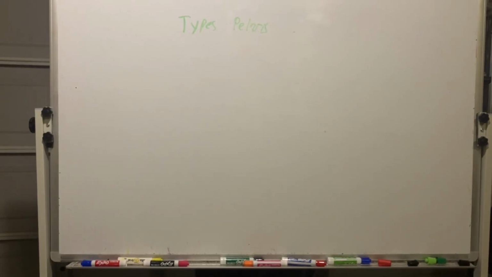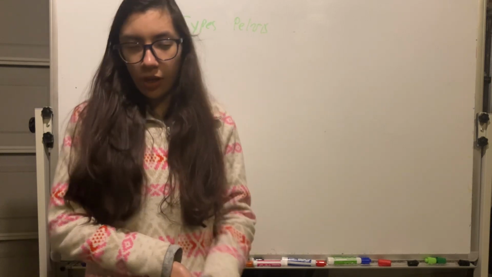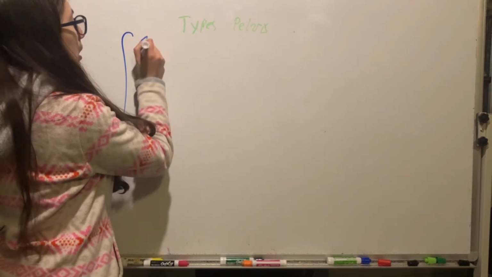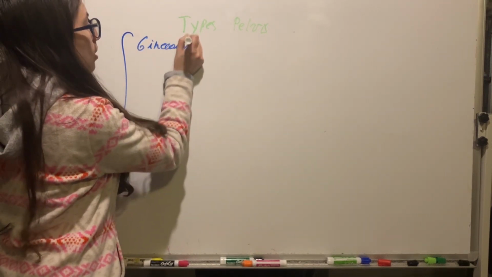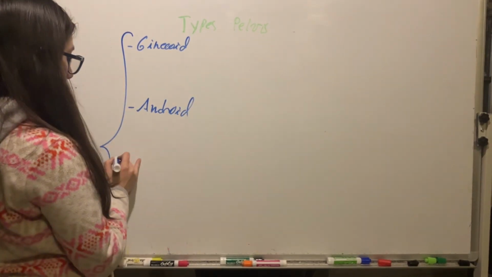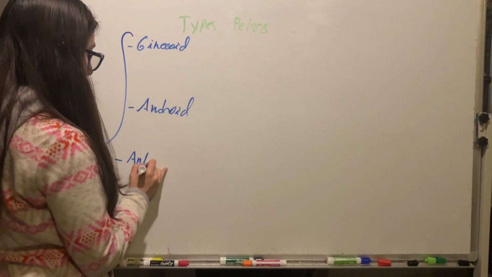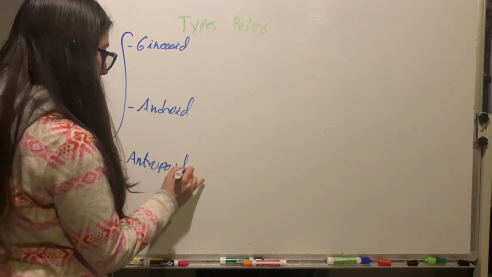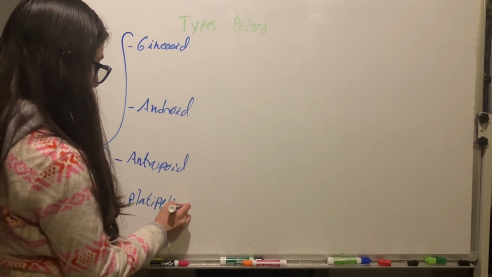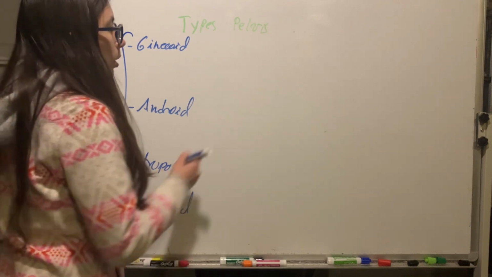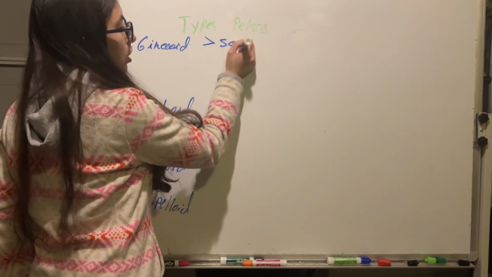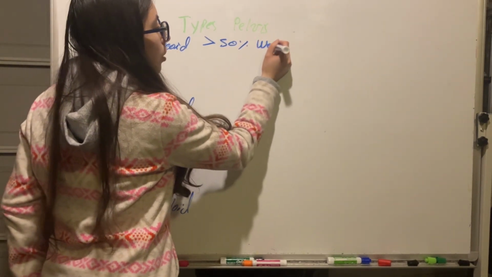Quickly we're going to review the different types of pelvis we can have. So we have gynaecoid pelvis, android pelvis, anthropoid pelvis, and platypelloid pelvis. So gynaecoid pelvis, this is the type of pelvis that more than 50% of women have, more than